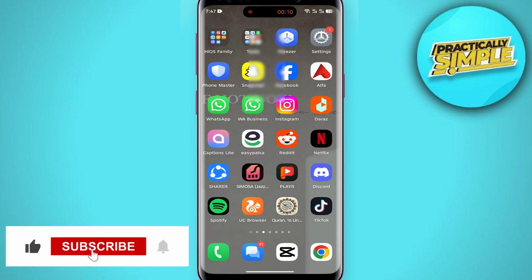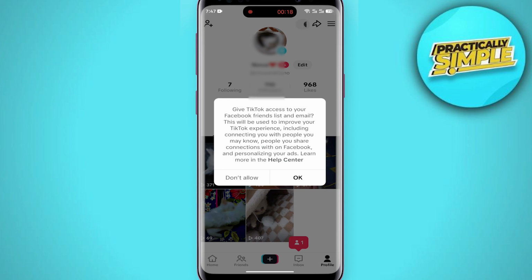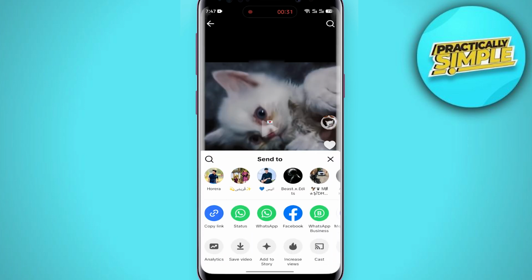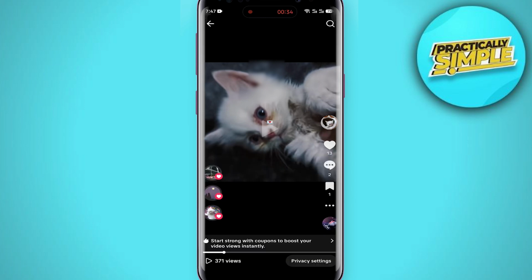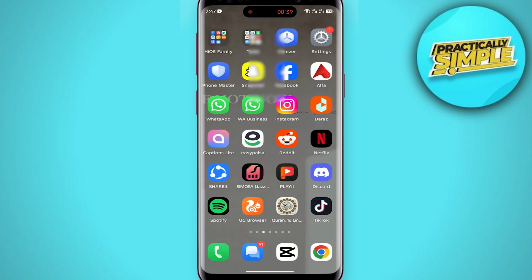First of all, open your TikTok application and then tap on your profile in the bottom right corner. Now open your video. Now if you tap on these three dots, here you will find this save video. Just simply tap on it. If you save your video from here, it will save with watermark. But to save without watermark,